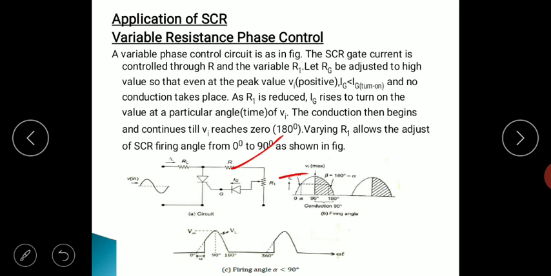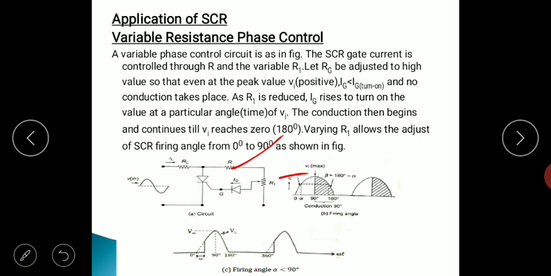Now varying R1 allows us to adjust the SCR firing angle from 0 degrees to 90 degrees. A normal diode, as I said, will have a conduction of 0 to 180 degrees, but because of this firing circuit we can trigger the SCR at an angle of 0 to 90 degrees, and accordingly we get the conduction.